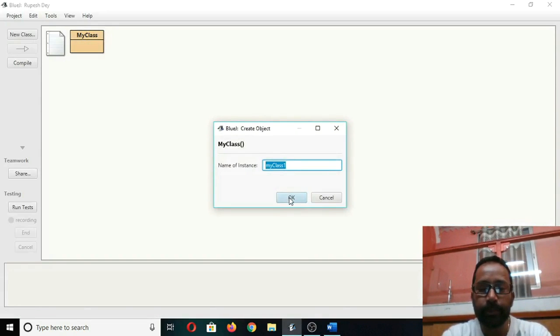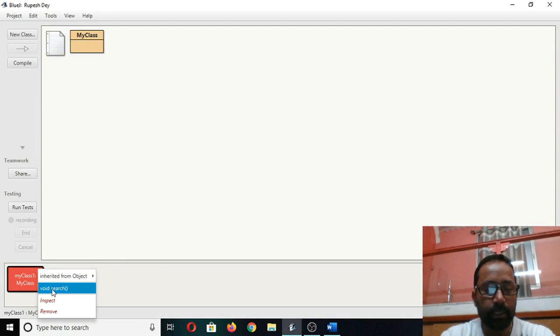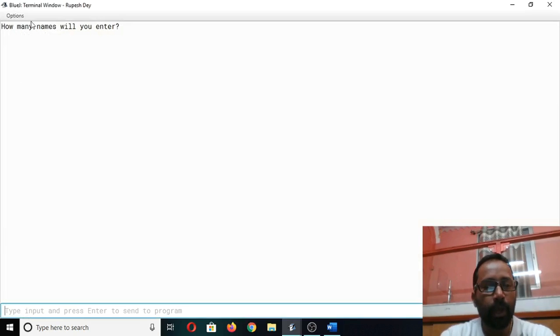After creating the object, right click, select your function. How many names will you enter? Suppose 5. Press enter. Enter the name of 5 students. First I will give my name, Rupesh. How far I remember, my title is Dey.